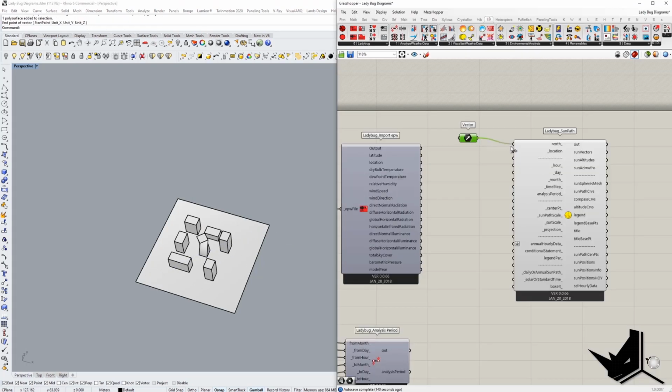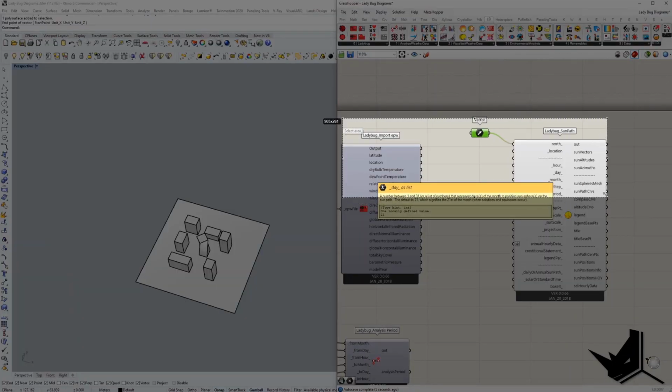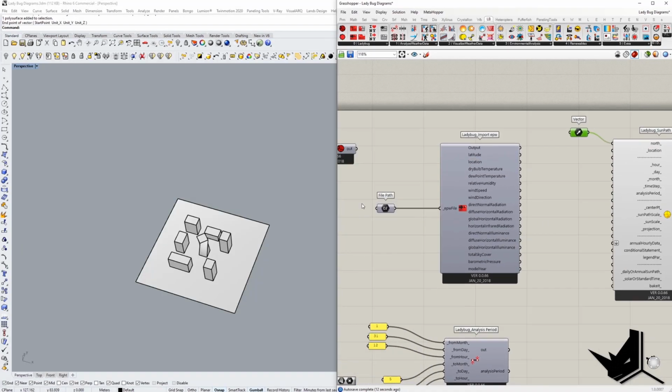We're gonna put this here. And one important thing that we need to connect here is the location. So you can see how we have location on both sides, here and here. And that's exactly what we need to connect, because this weather file, this file path that we took, contains all